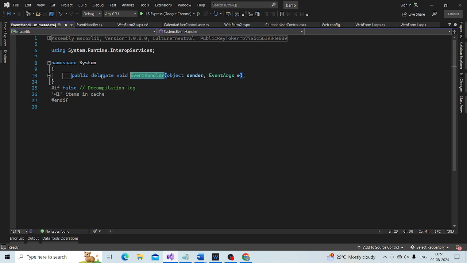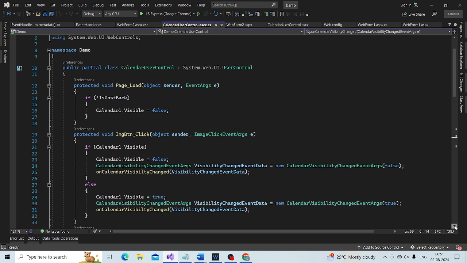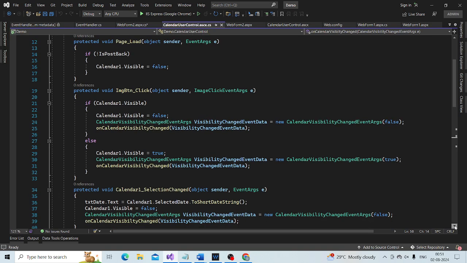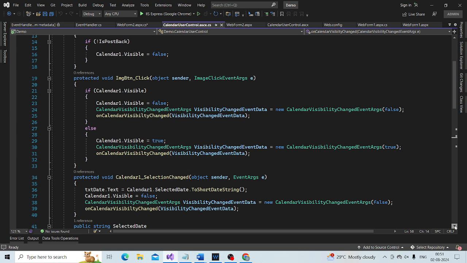Now along the same lines, we have this calendar user control that we have been working with in the previous session. If you remember, we created an event for this calendar user control. What is that event? The CalendarVisibilityChanged event.